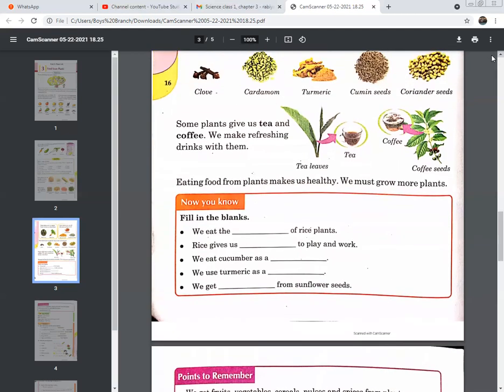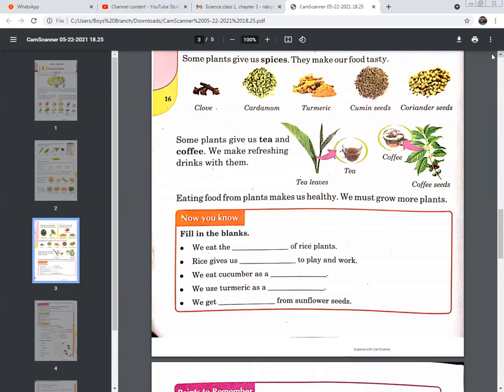Mainly we drink different drinks, different shakes, different smoothies using different food items. We get them from plants. Like if we are drinking mango shake, strawberry shake, or peach shake, these all are plant items, food items that we get from the plants. So similarly with tea and coffee, we get the tea and coffee from plants.